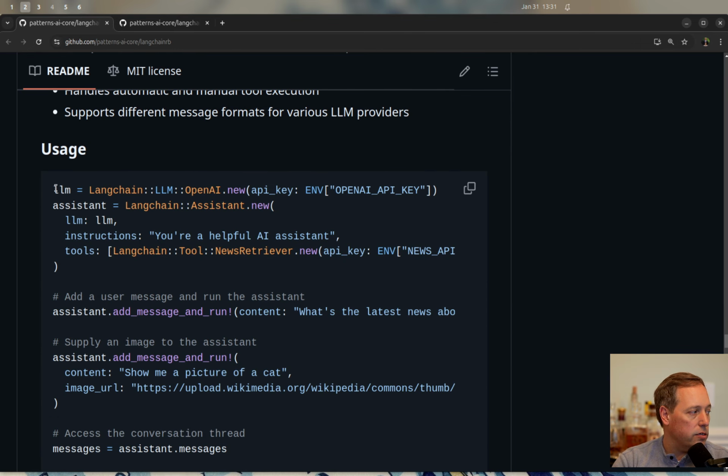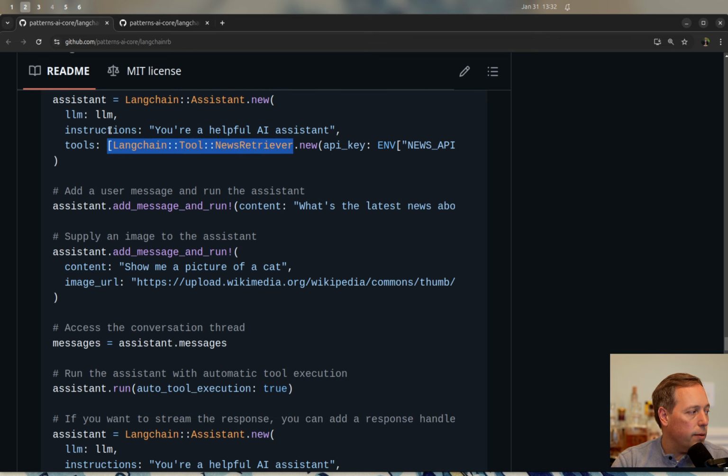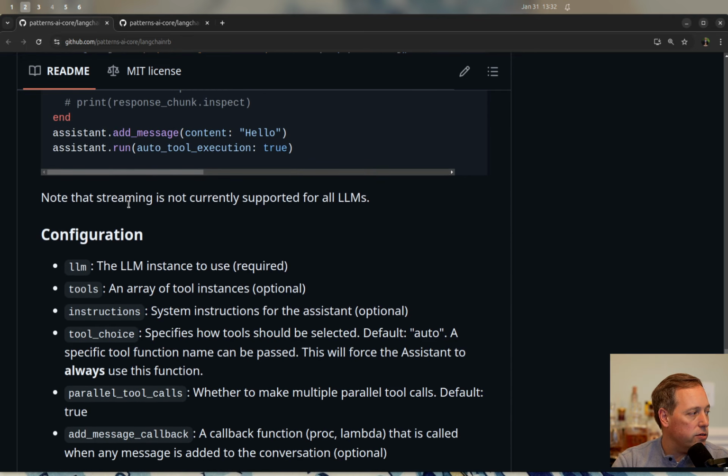So, just on the very basic implementation, you would set up the large language model. It's looking at your environment variable for your API key. You give it to that assistant, you pass which large language model you're using. So you could use different large language models for different tasks. You can tell it your basic instructions, and then you can provide tools. So here is kind of a complicated version. Now you can pass in your own tools, and there are some built-in tools. So there's a calculator, there's a few other options that you can use. So let's go down to,